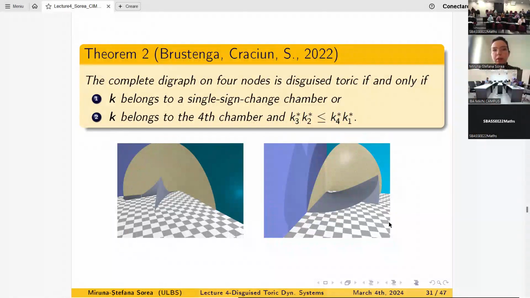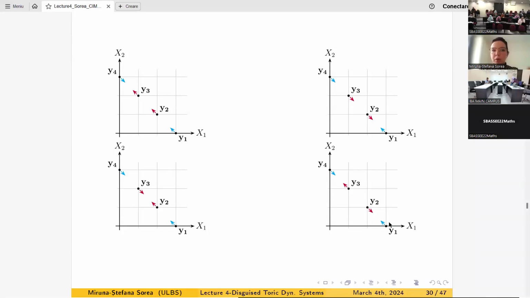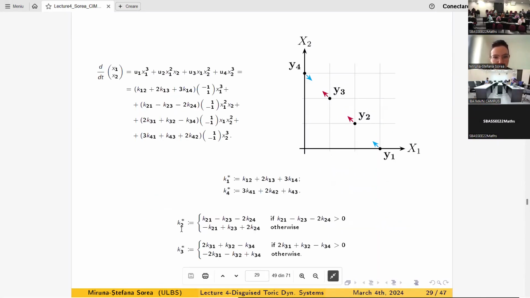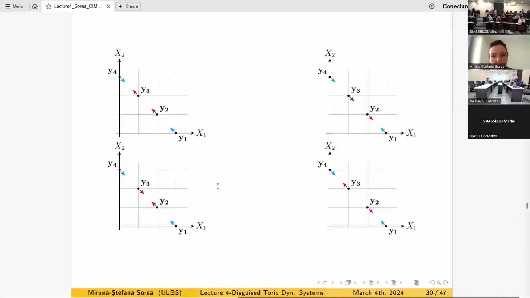Either the parameters belong to these single sign change chambers, so they verify these 3 cases, or the parameters K star, initially they were called K without star,